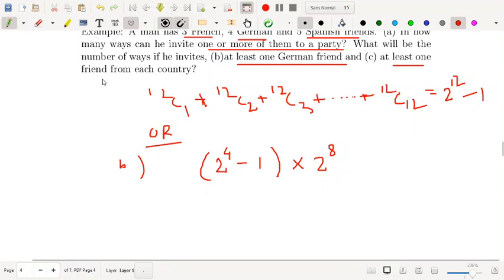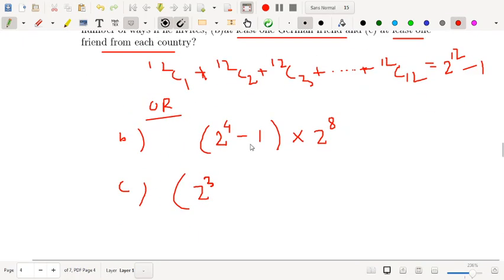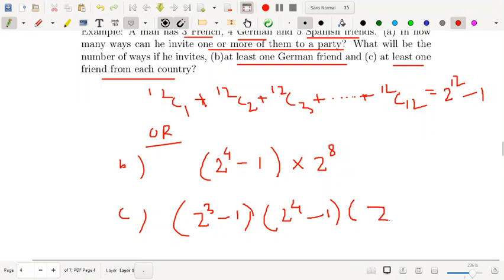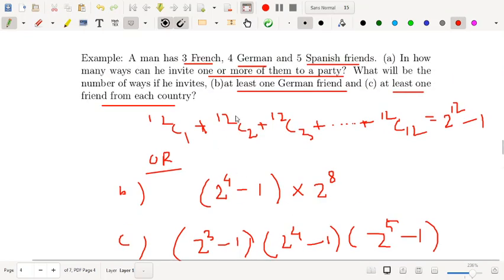At least one friend of each country. In this case it's very easy, because at least one German can be selected in 2 to the power 4 minus 1 ways, at least one French in 2 to the power 3 minus 1, and at least one Spanish in 2 to the power 5 minus 1. So this is the product. Applying the product rule, because your target is to select the product. I have already discussed the product rule and sum rule in my previous video. So this is how you will deal with